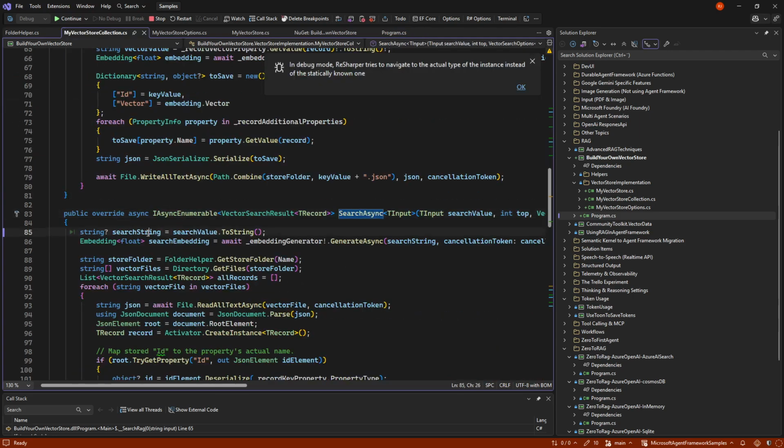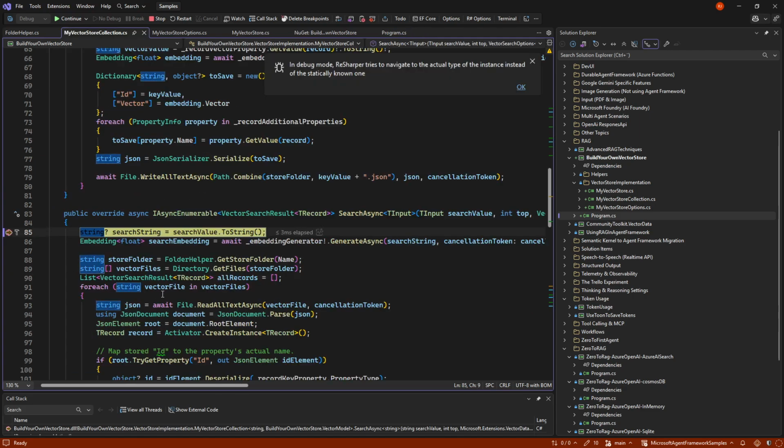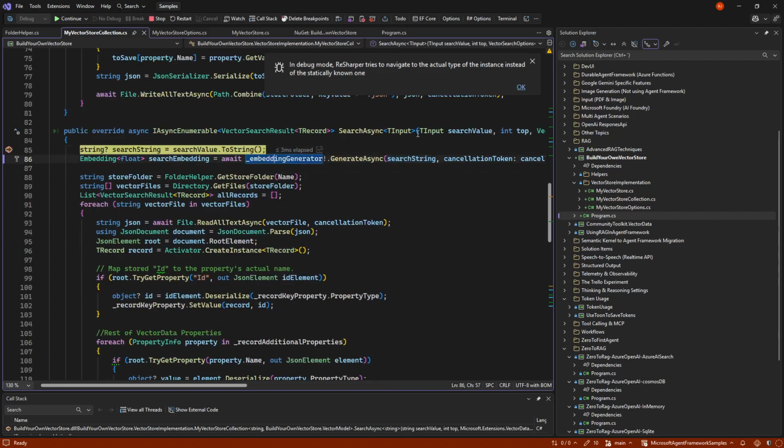So let's set a breakpoint here. I think I missed the breakpoint, so I'll just set one here and then we actually had it here. So we get our search input here, which is just a string. Technically, this could have already been a vector, but in our case, it's just a string.